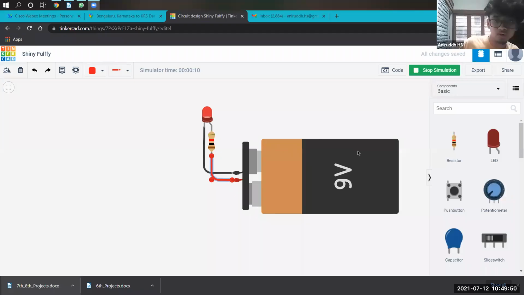The resistor also takes the big amount of electricity going to the LED and allows a very small amount of electricity to go through it and supply the LED. So you can control how much electricity flows by using a resistor. Got it, right? This is what a resistor's purpose is.